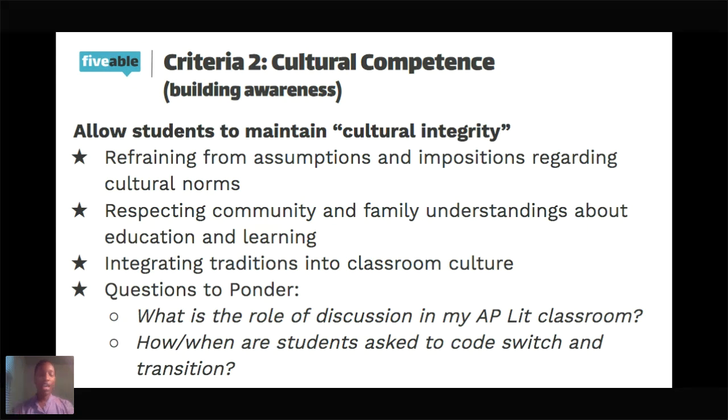And this is not kumbaya every day, but it is thinking about how students can discuss. What role is it really that discussion is playing? Are you trying to get students to toss around ideas in order to get to the right one? Are you asking for students to bring all of their analysis, all of their understandings to the table and sort through to see what makes sense and what can be supported? Or are you holding the end result of the discussion in your